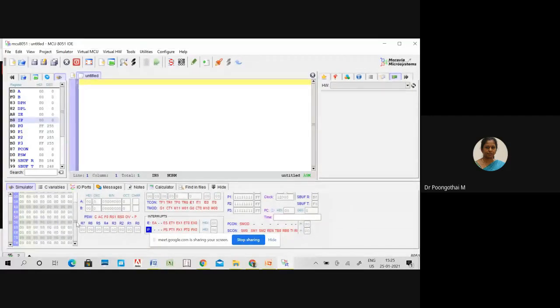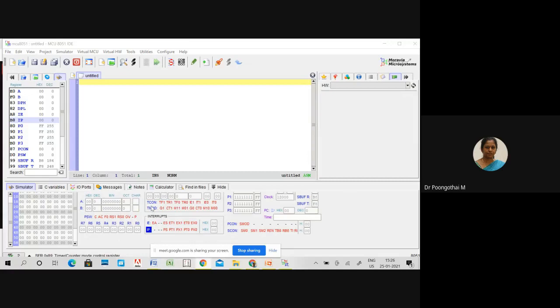Here you can see all your register bank status, and here you can see all your registers: your accumulator, B register, PSW, general purpose registers R0 to R7, special function registers TCON, TMOD, the interrupt enable register, and all your IO ports. And here you can see the PCON register, the power control register, and the serial control register.